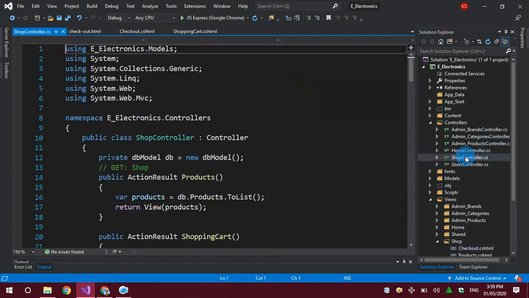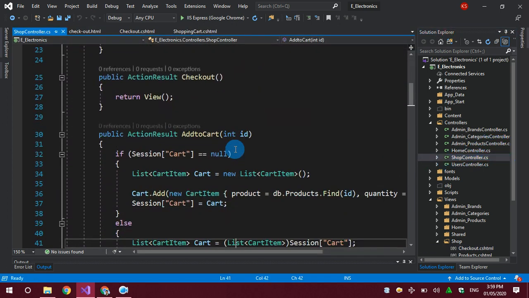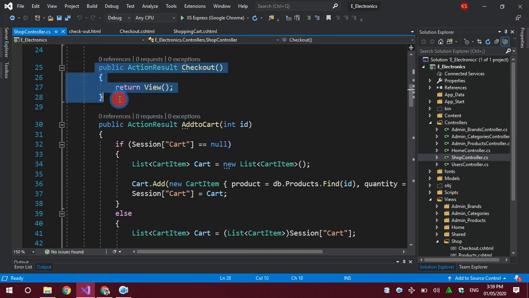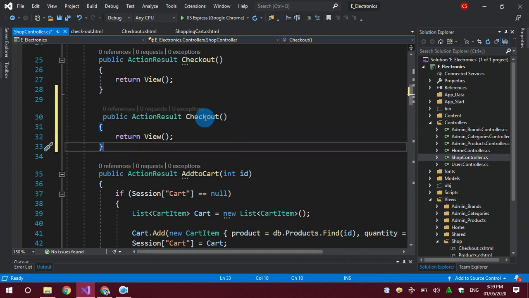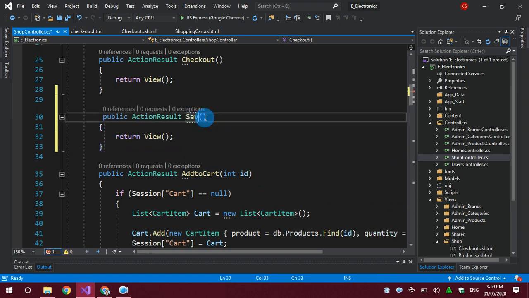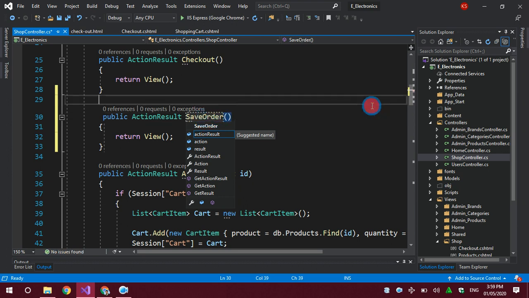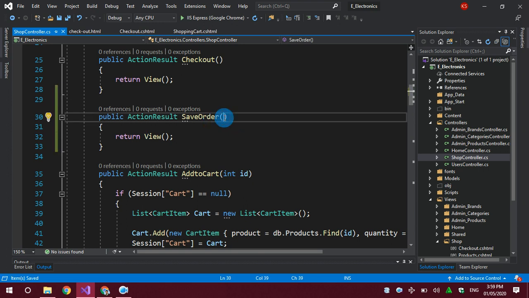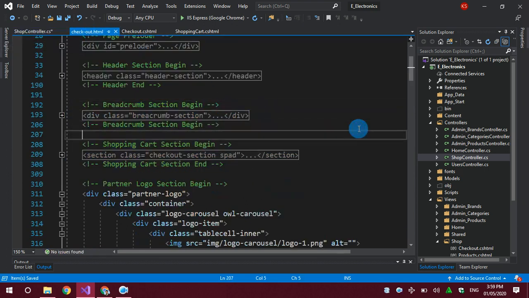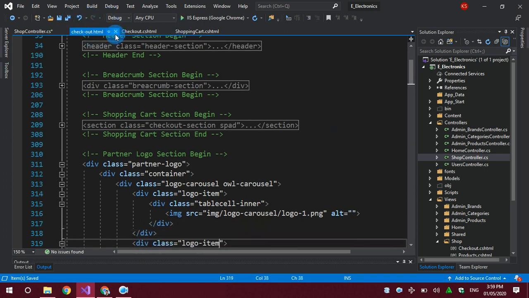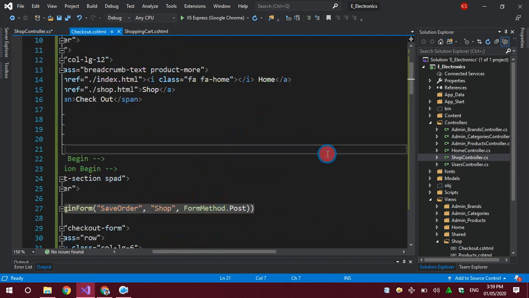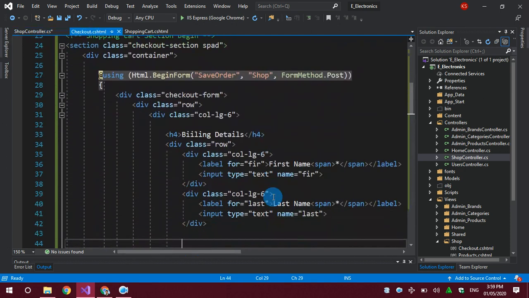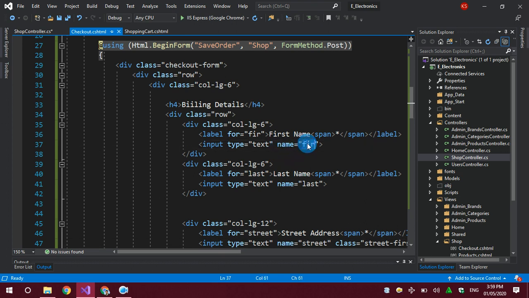This is the shop controller, which deals with all our shopping aspects. So this is the checkout method. I'm going to create another method by the same logic, which will be SaveOrder. This will not return any view, we will decide that later, but it will receive some data. It will receive a string type of first. First means the text box or input with the name first.